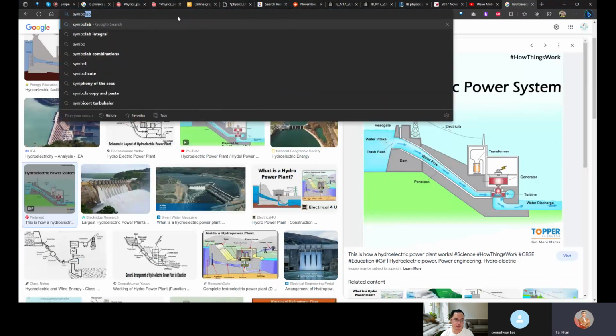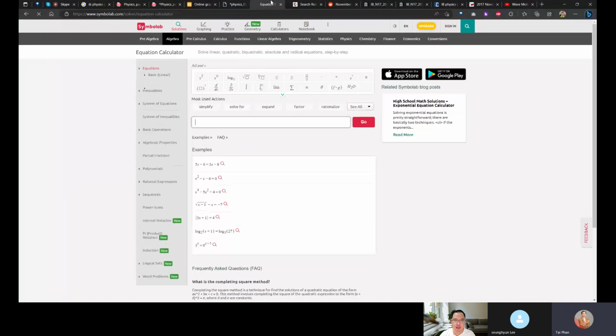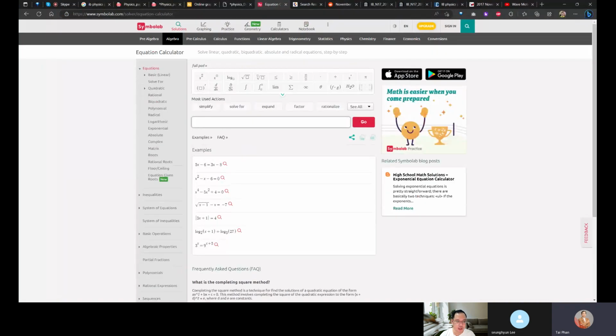Simple. Solving equation. Of course, I can use a calculator like the TI from Texas, but using this one is faster. 0.24 equals 24 exponential